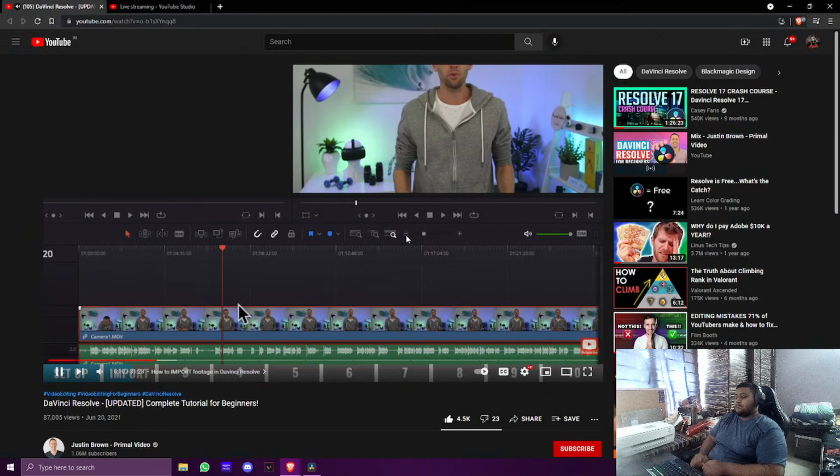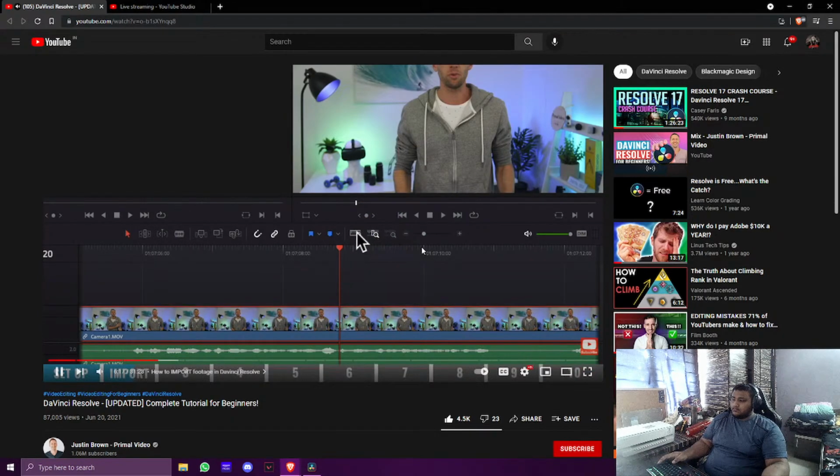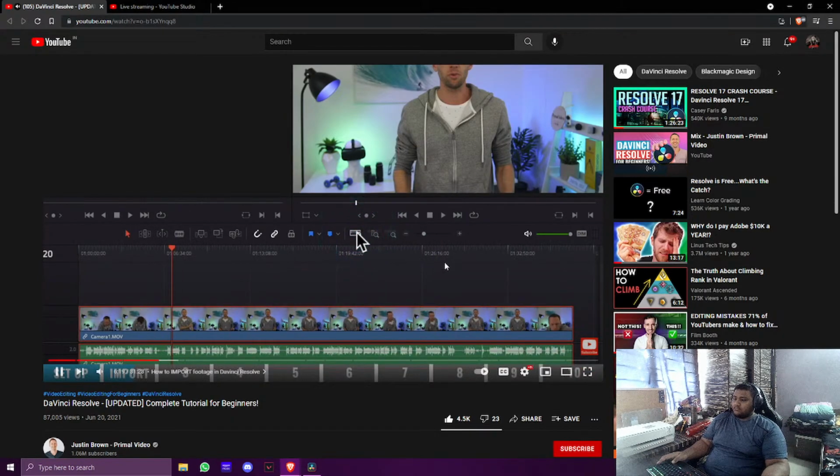zoom into this area here, then we would press on this one. That's going to take us in to a more detailed view. And likewise, the one next to it will zoom back out so that we're able to see our entire edit. So the first